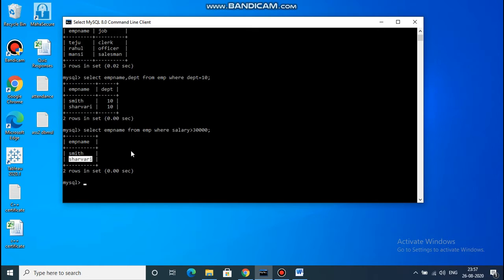Next we have to display the names of employees whose job is manager or salesman. Here we have to combine two conditions: first, job is equal to manager, or job is equal to salesman.